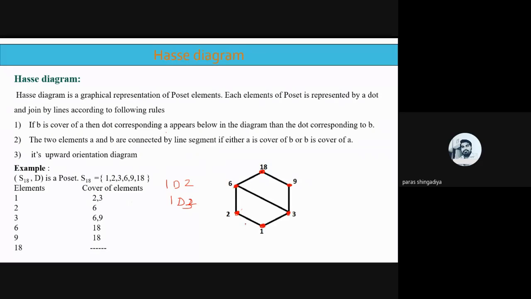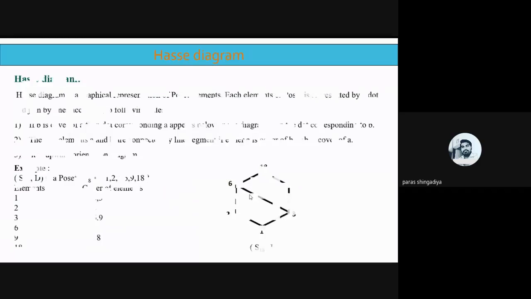Clear? So this is called a Hasse diagram of the poset. The poset here is (18, D) and the relation is the divides relation. Clear? Why is it called a poset? Because (18, D) satisfies all three conditions of a partially ordered set. It is reflexive, antisymmetric, and transitive. So therefore, we can say such an entry is called a poset. Clear? So this is called a Hasse diagram. That topic we discussed in the last lab.